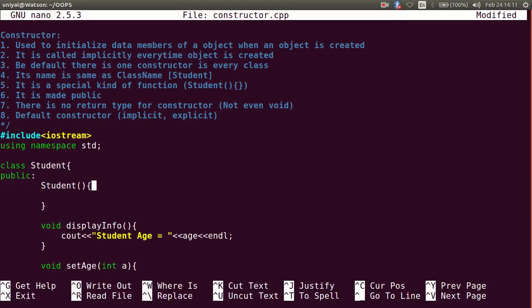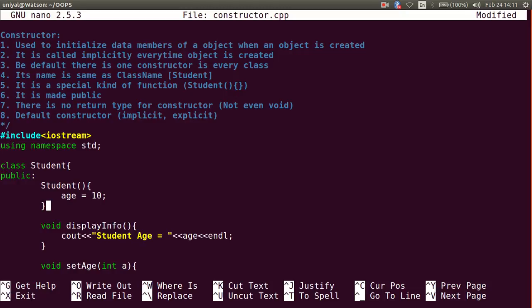So what I can do is, as soon as this constructor is called, I can set the age variable to some value, maybe 20, or maybe 10 as a default value.